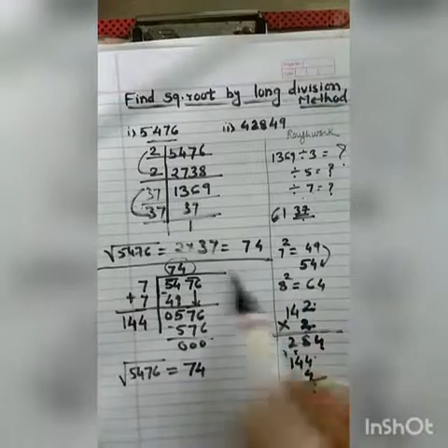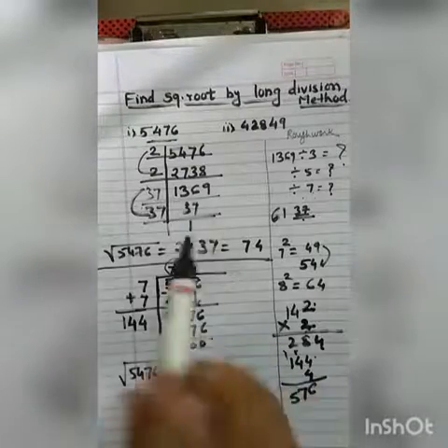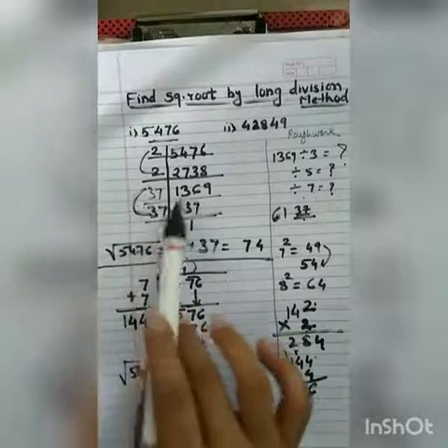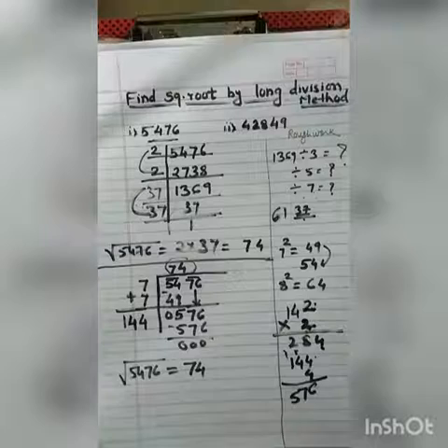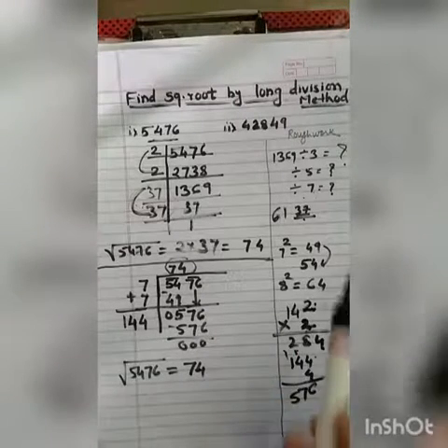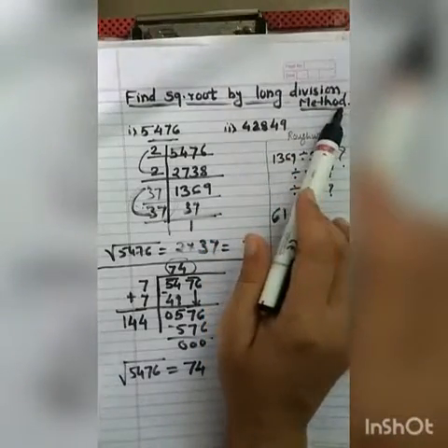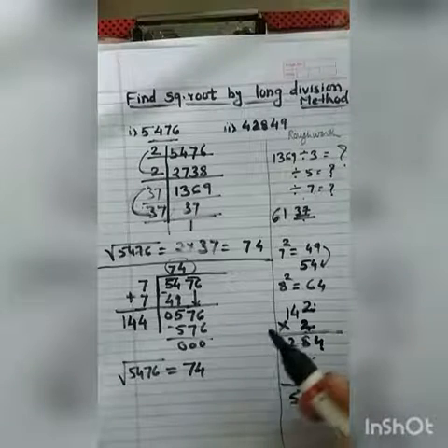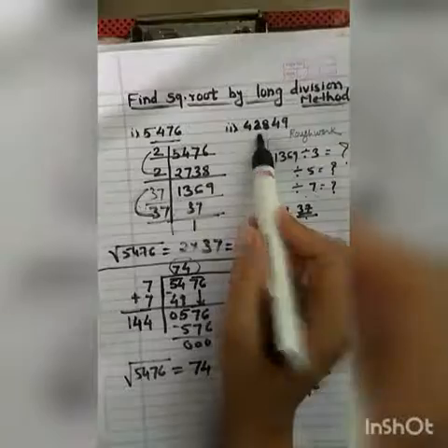So by both methods you see that the answer is the same. But the convenient method is the long division method, because in prime factorization when we have to find the prime factors up to big numbers, it is time consuming and quite difficult, and a long method. So I prefer that you all go with the long division method. I will explain some 2-3 more sums to understand this long division method properly. Let's start with the second example.